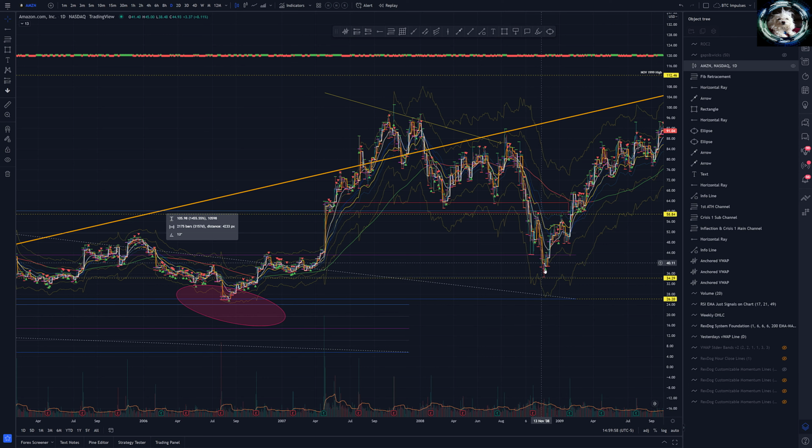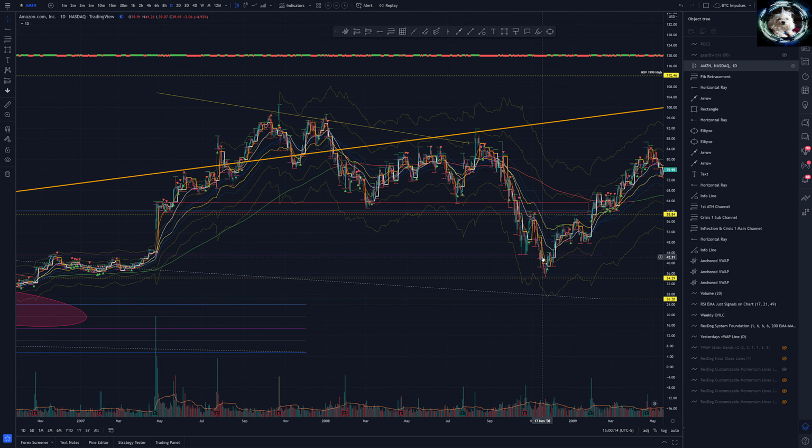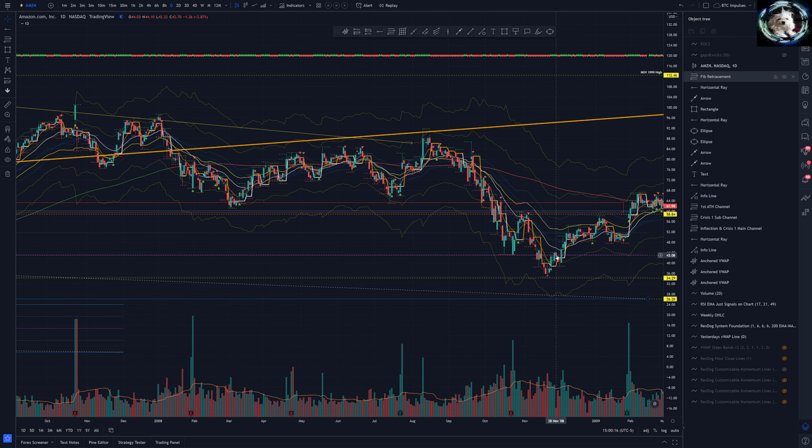As we see here, that's exactly what Amazon did. It came down, and I know it's hard to see, but this level here, right around 34.51, is 25% of that overall value channel. Ideally, a stronger move would have been to hold up right around the 50% mark, right here. That would have been a stronger move, but we do see the first actual reaction area is right there.